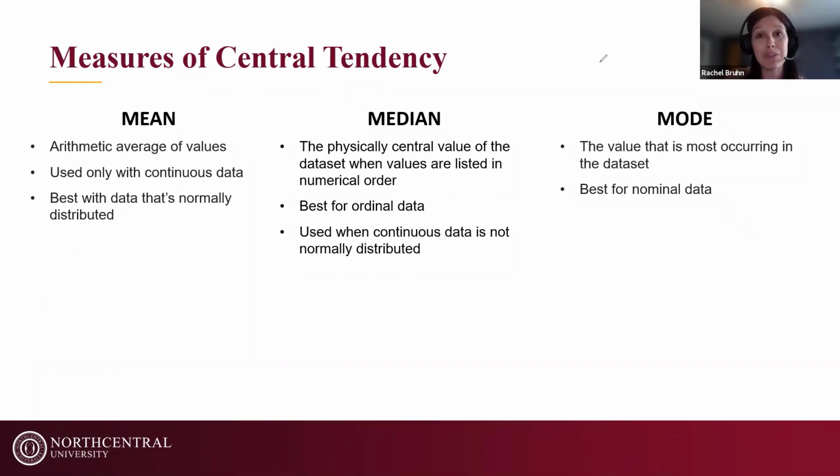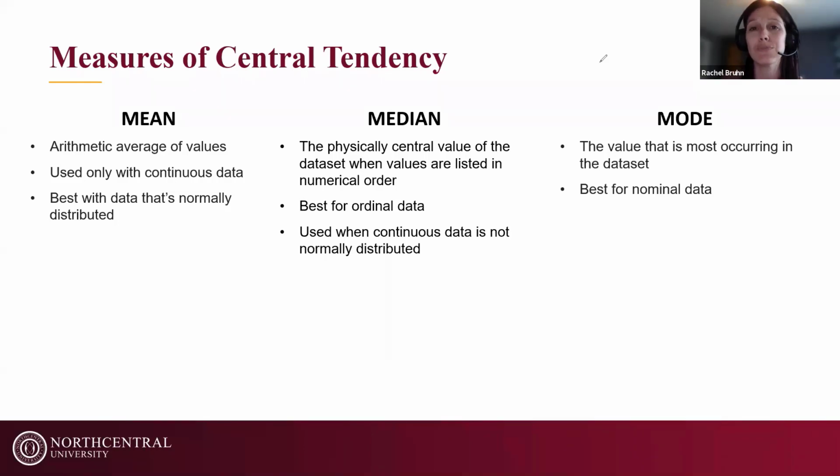So let's talk about the median. This is what we would use if we had that skewed data. The median is when you put all the numbers in order and then you mark off one from each end until you get to the middle. The median is literally the middle of the list. So we're not averaging it, we're just finding the exact middle. That's our median. This works well when we have skewed data because it doesn't get pulled down to the end like the mean does, because those higher values don't change the position of the median.